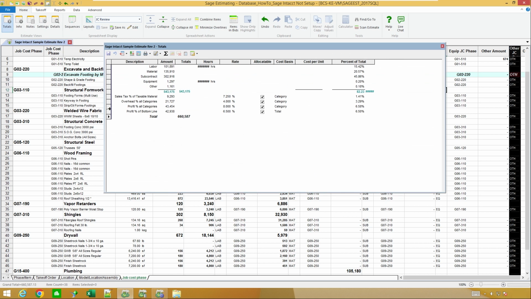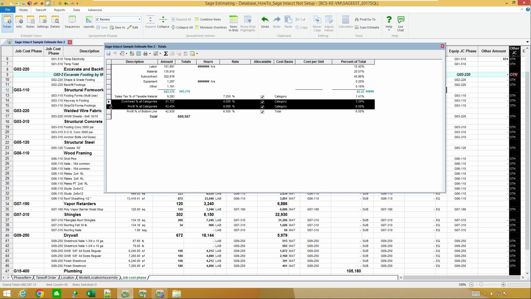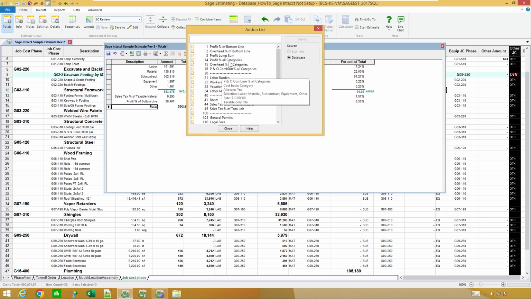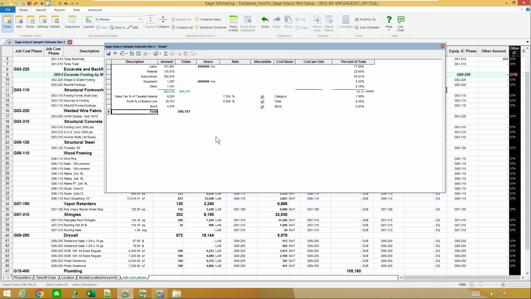So in my case, I'm going to change these around a little bit just for a better example. So I'm going to go ahead and get rid of these couple out of my list, and I'm going to insert another one for, let's say this project really had some bond or something in it. So when we think about add-ons, there are 3 things that can happen with an add-on. I could back allocate it. So I want to be careful with back allocating because, if you weren't paying attention, you could back allocate your profit against all the different cost codes, which would make things overinflated for a cost code.